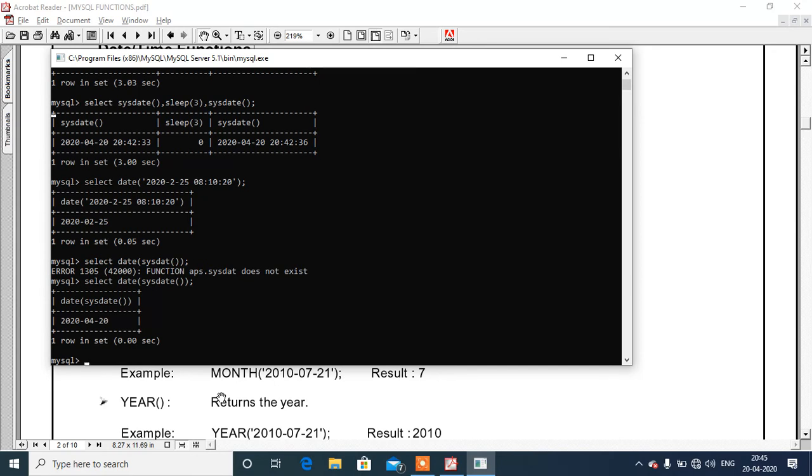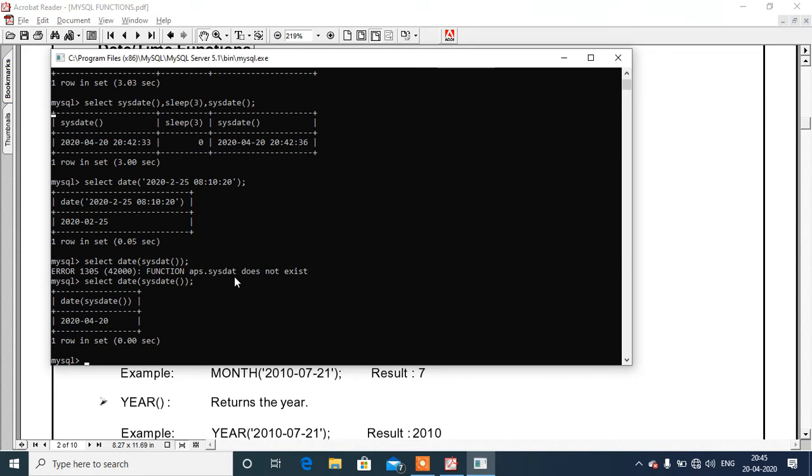Wait, there is a mistake, sysdate. You can see I wrote sysdat, I haven't written the full name of the function. In this way you can see that if we leave out any part of the function name, it will return an error. The error says the function aps.sysdat does not exist because it is misspelled.